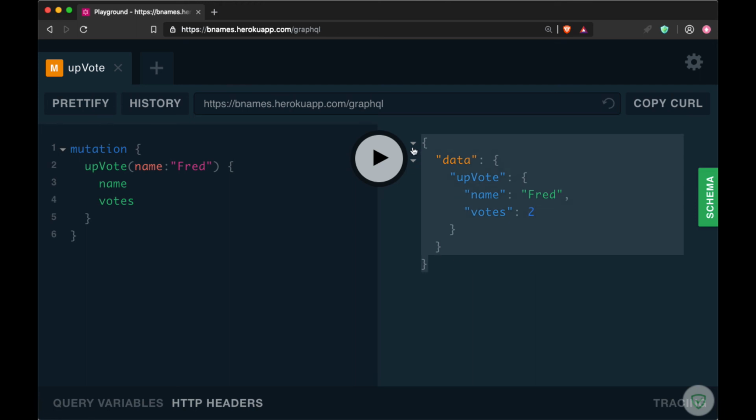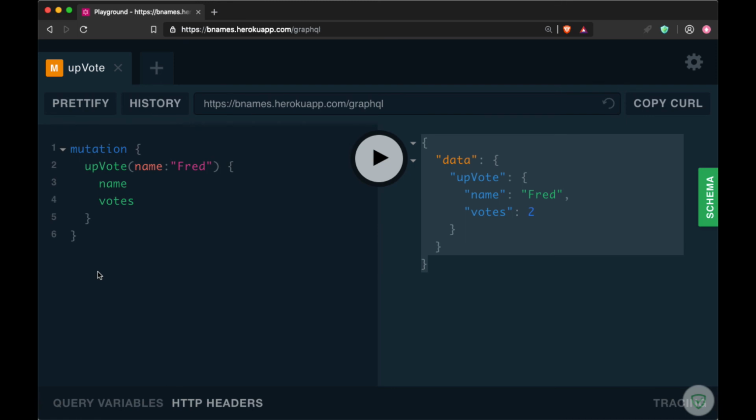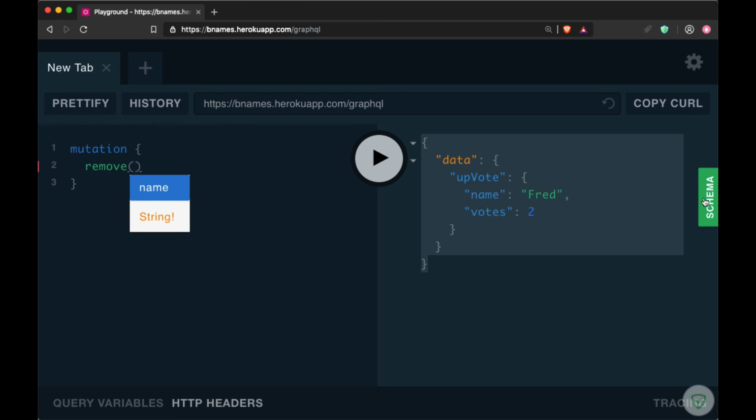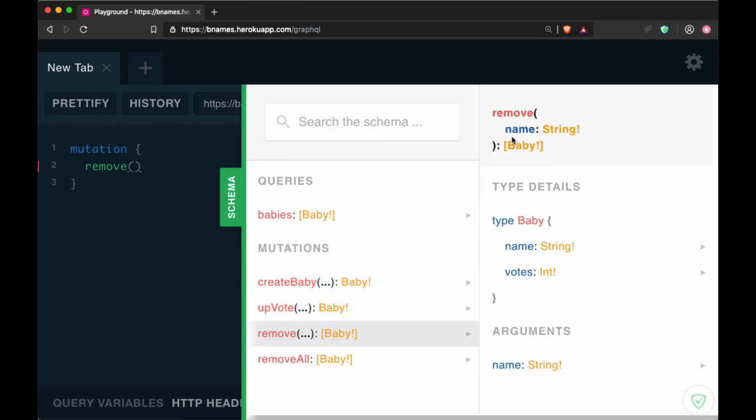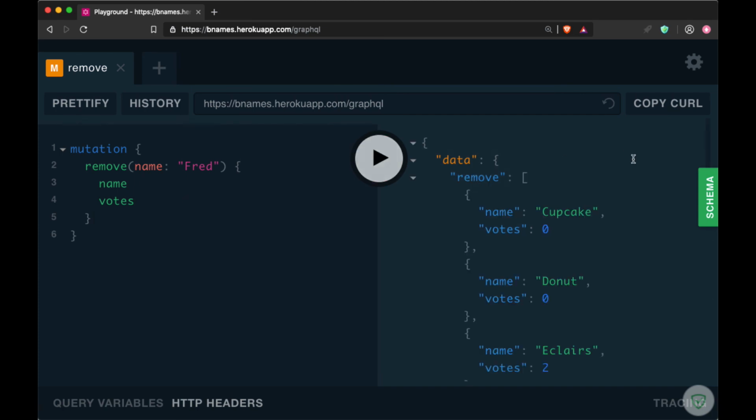Then to remove this object entirely, we can use the remove mutation. So we'll provide the name remove. Again, it looks like it just takes a name. That's the type of string and required. So to the name argument, we'll pass Fred, and it returns a baby. So once again, we'll get name and votes off of that, hit the play button, and it looks like it returns,